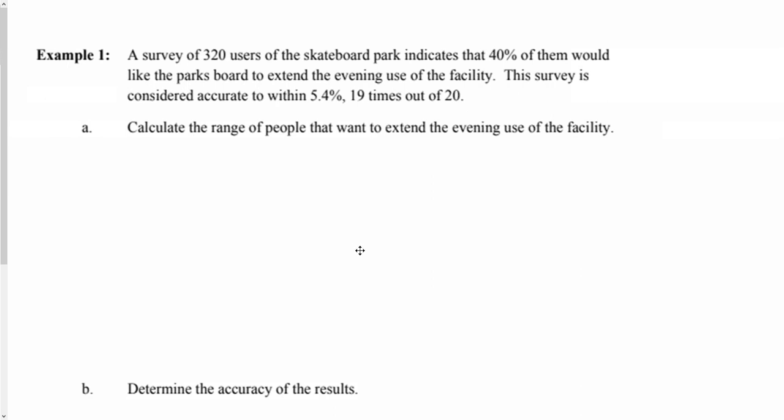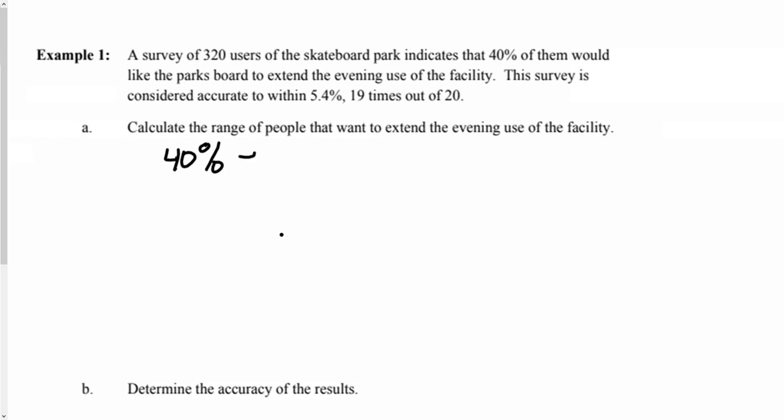Okay, so first example: a survey of 320 users of a skateboard park indicates that 40% of them would like the park's board to extend the evening use of the facility. The survey is considered accurate within 5.4%, 19 times out of 20. We want to calculate the range of people that want to extend the evening use of the facility. So we know it's 40% of them,